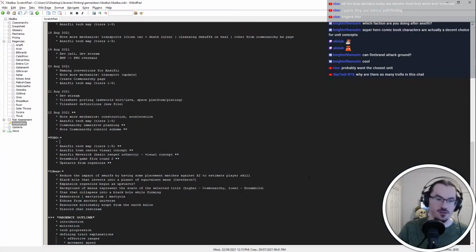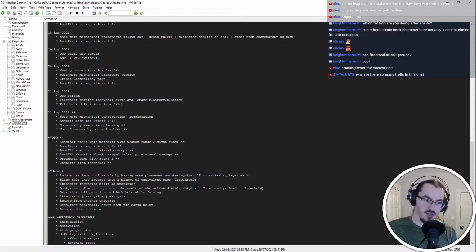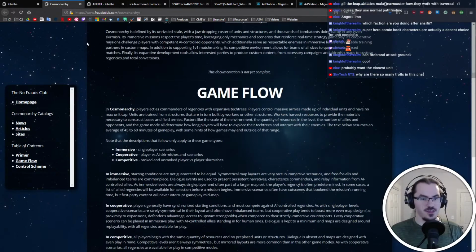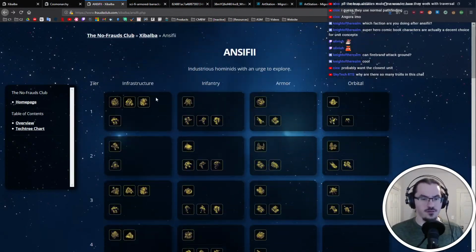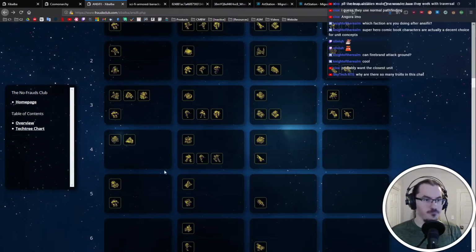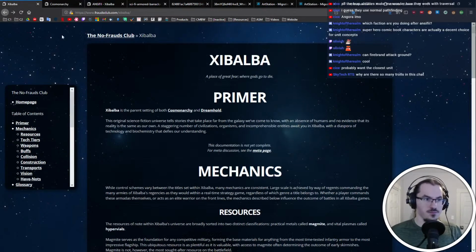Oh, it was the speed thing. So consider speed unit matching with range, weapon range / sight range. So this is something that I can probably put together fairly easily. And then, yeah. Besides that, are there any more mechanics we need to do? Probably not. I mean, there's probably something that I'll think about, but...